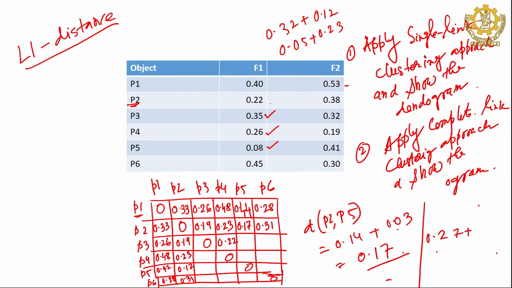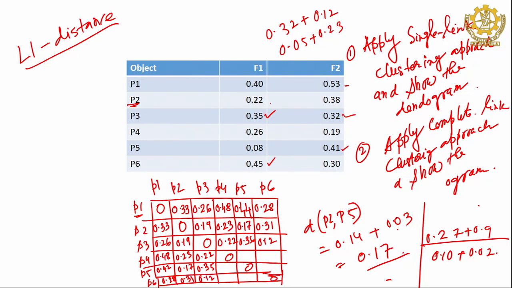0.27 plus P3 P5, so 0.9, so 0.36. P3 P6, P3 P6 is 0.10 plus 0.02, so 0.12, 0.22, 35,